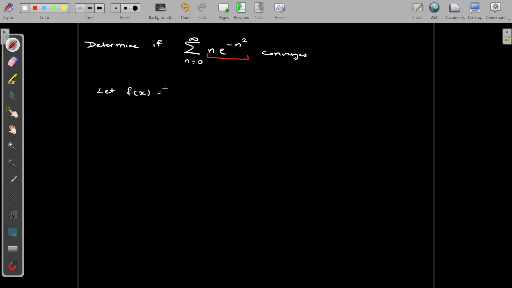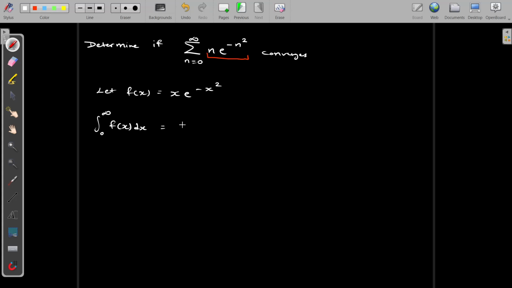And we're replacing the n with x. So that would be x e to the negative x squared. So that means we need to take the integral of this from 0 to infinity. So whatever the initial value there was, that's what we're going to take the limit from. f of x dx,